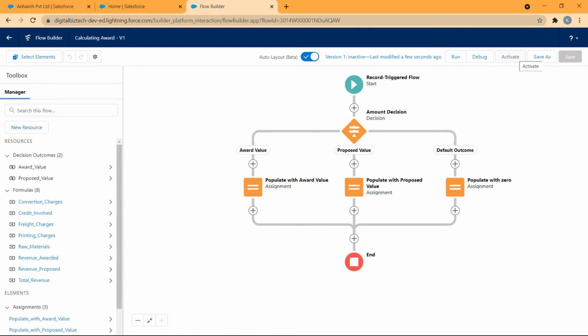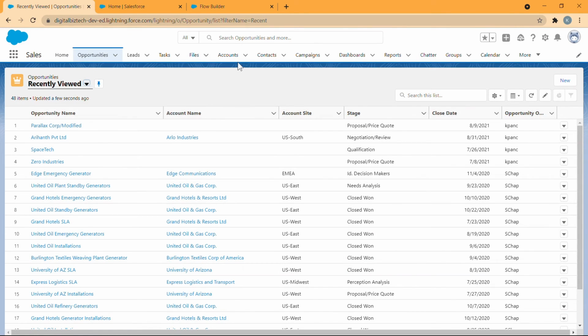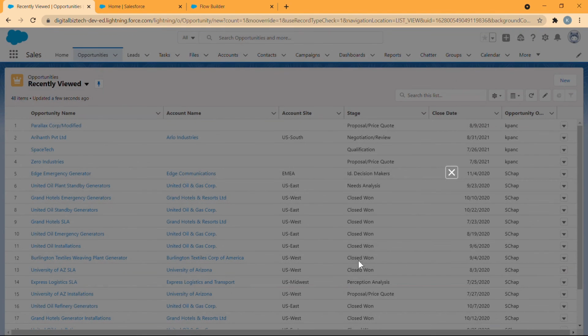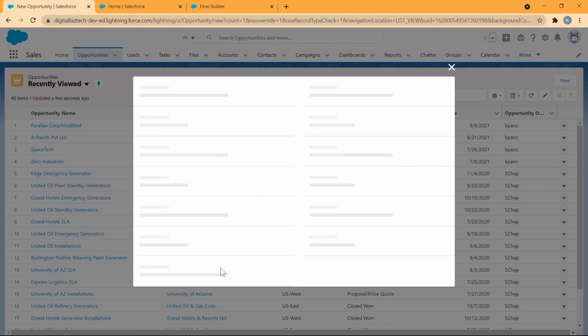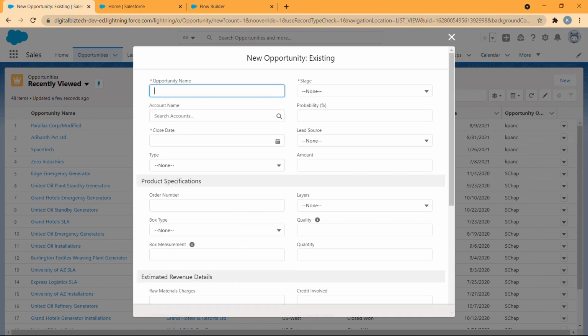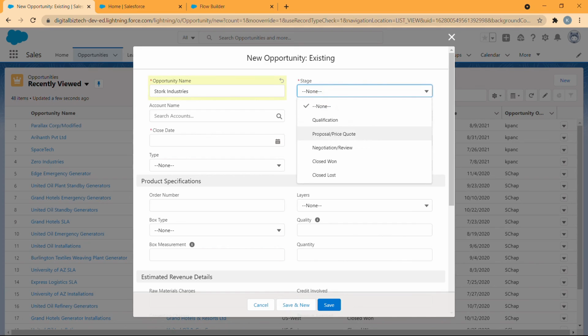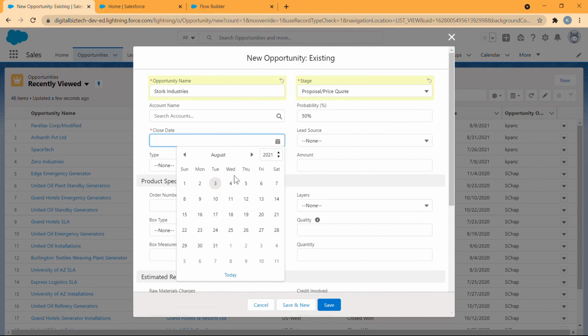Once it's saved, I'm going to go ahead and activate this. So now I'm going to go ahead and try our flow. I'm going to create a new opportunity. I'm going to select existing as the record type. I'm going to name this opportunity as Stark Industries. Fill in the other details like stage, the close date,